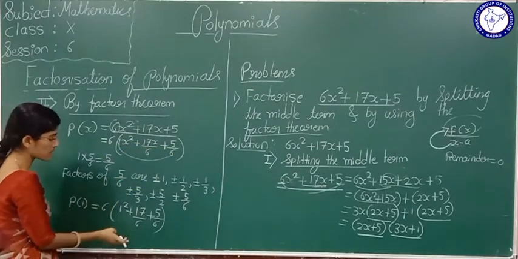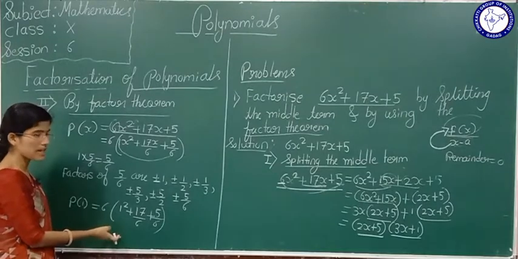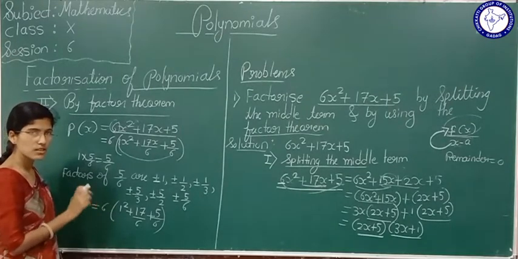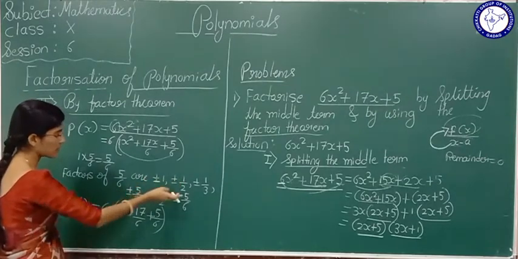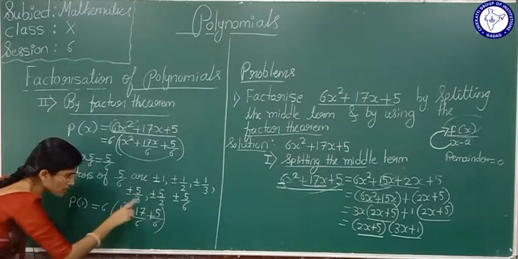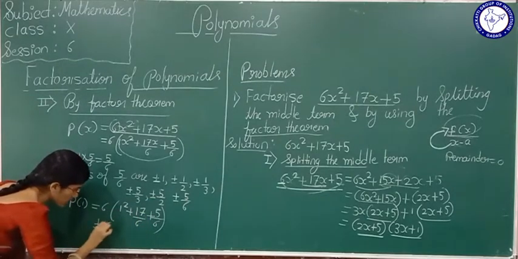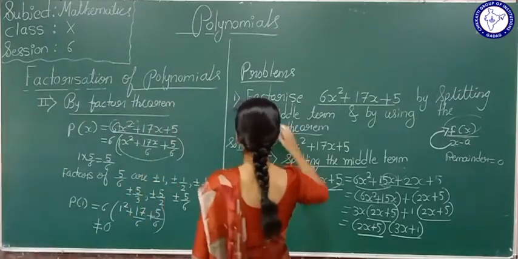If remainder comes 0, that will be a factor, otherwise no. Okay, afterwards go on checking for every number here. Now see, is it possible to come here 0? No, this is not equal to 0. Now next go for